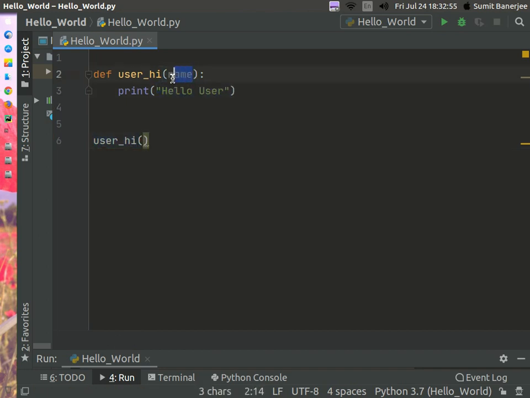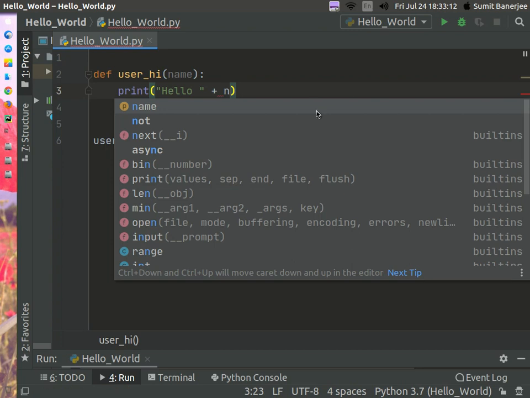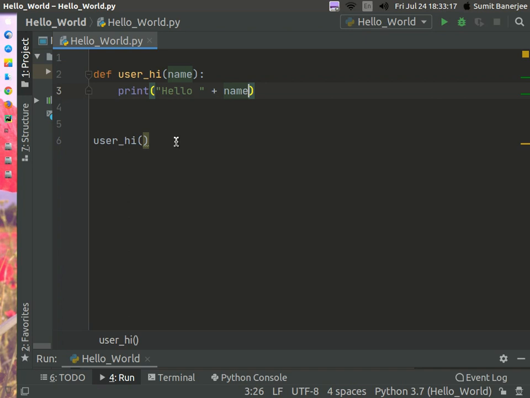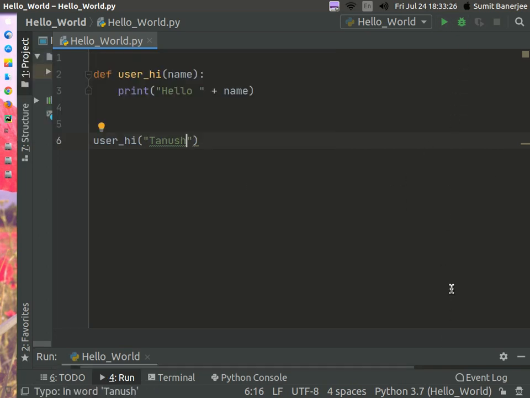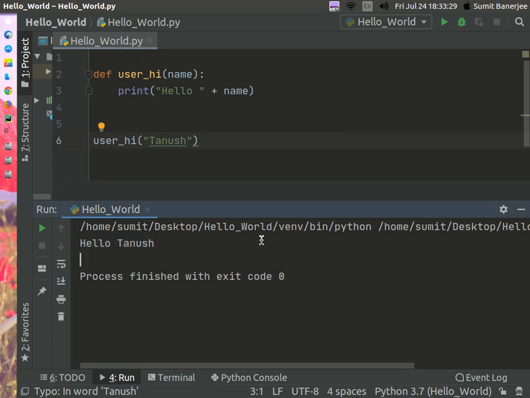So this is known as a parameter, and after that you can just type hello plus name. You can see that when I type name, it is saying P. P means parameter. And now you can just type any name here you want. I'll just give Tanush here, which is my name. And now when you run the program, you can see that it is printing out hello Tanush.